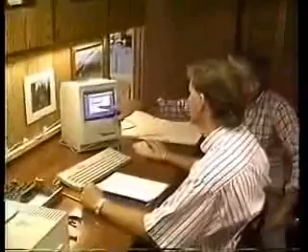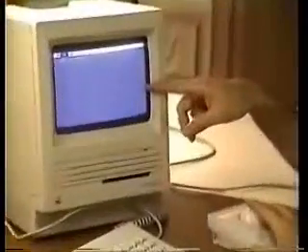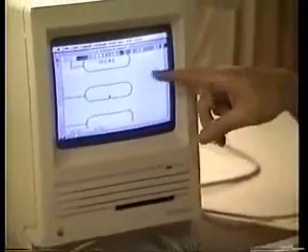Take your cursor down to the diagram that you wanted to work with. Open it up. Then that'll display your